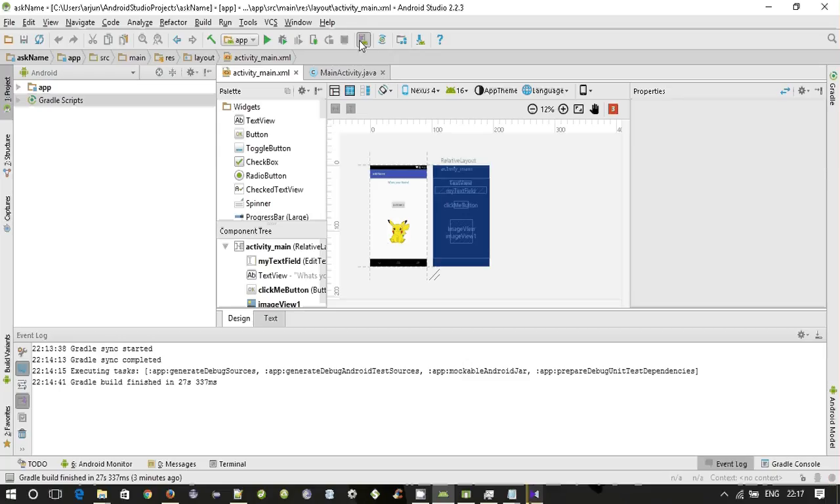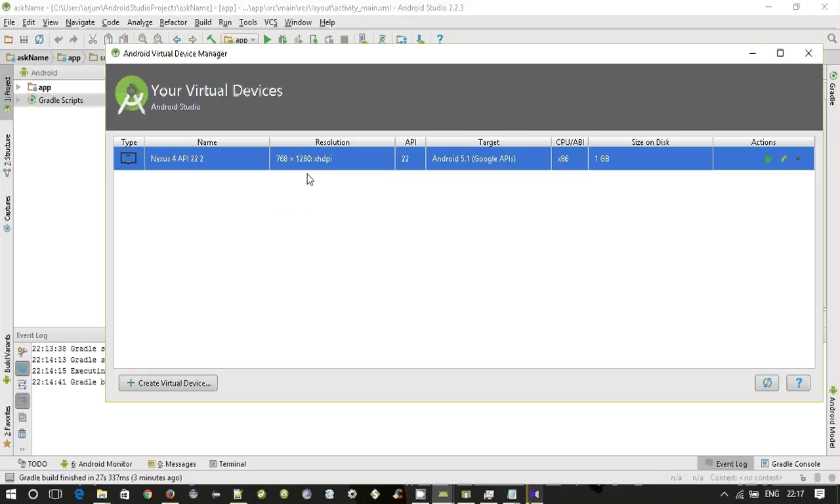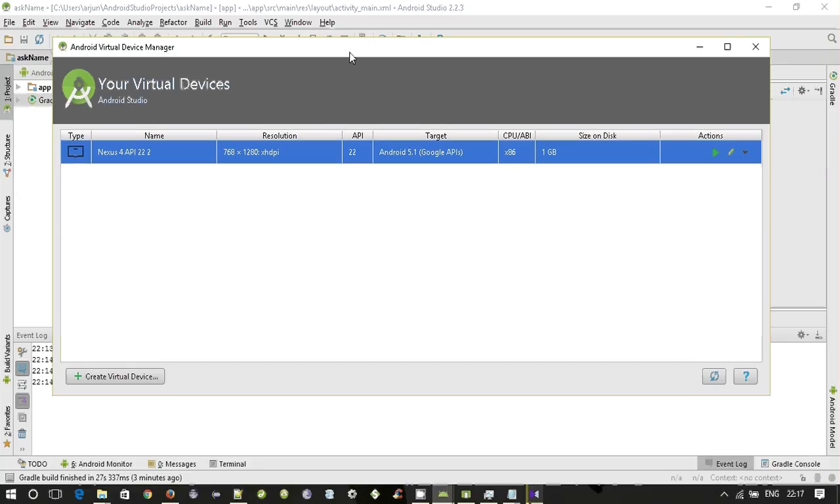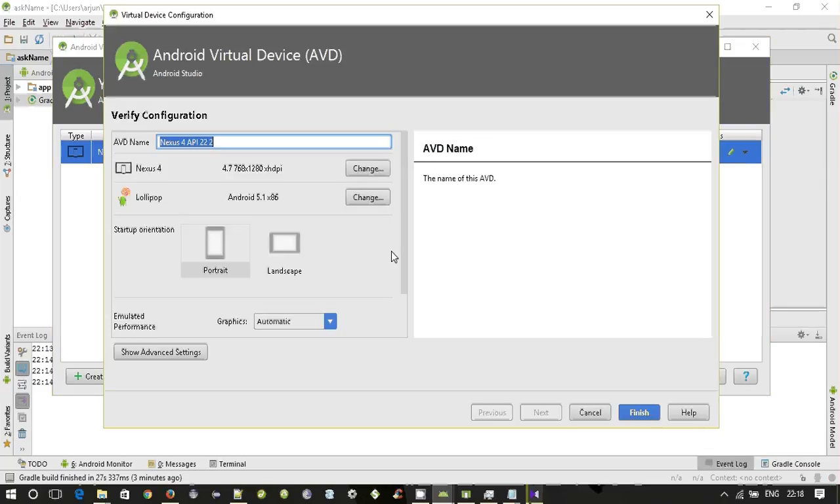Then now click on your AVD manager. Make sure your basic Android device is with basic minimal features. Just click on edit. If you want, you can create a new virtual device. So make sure,